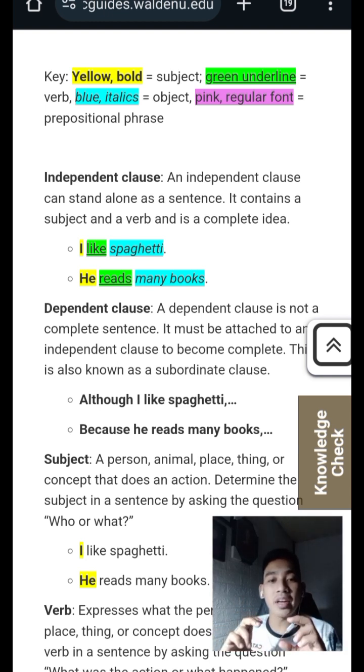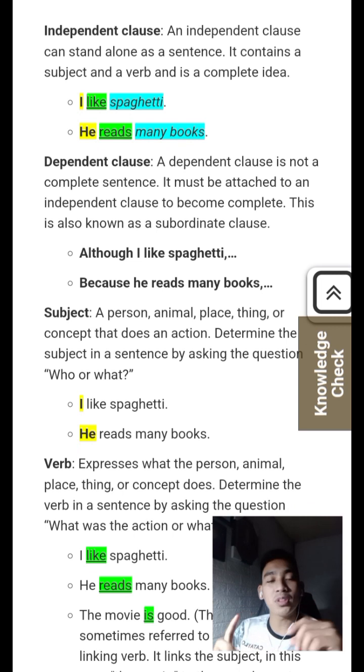Next, he reads many books. He, the subject, reads, the verb, while many books, that's the object. So that is an independent clause. It can stand alone and it has a complete idea. While the opposite is the